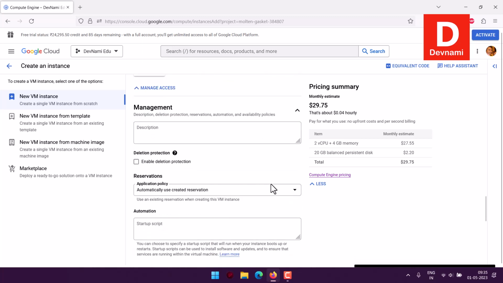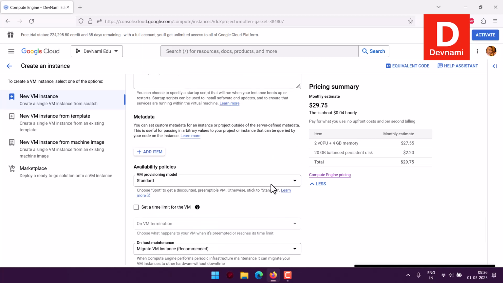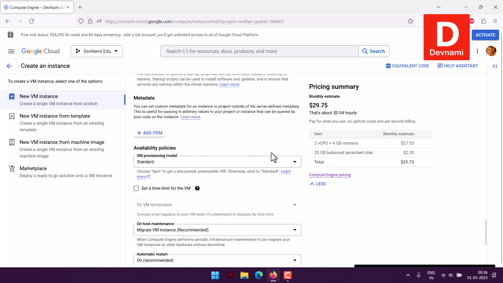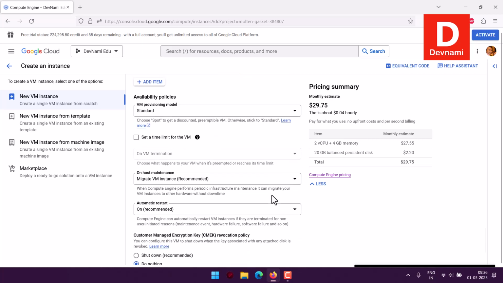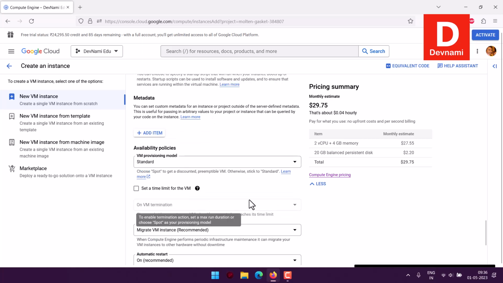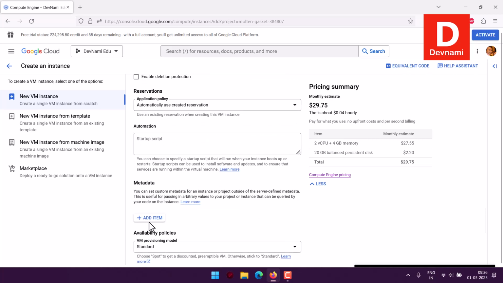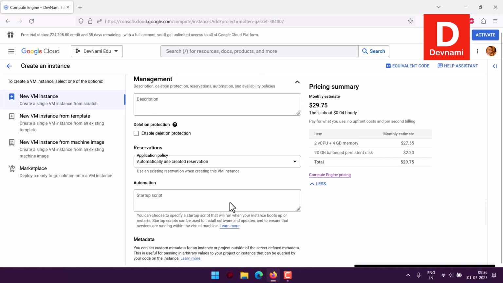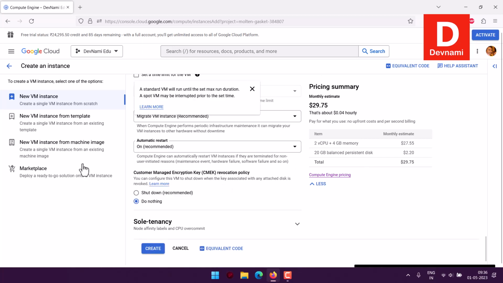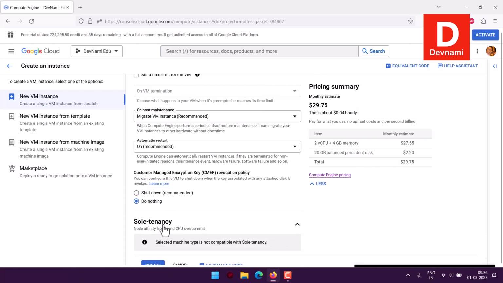Next is the management option. Once you have set the policies that will be enforced on this VM, and also set the metadata like I explained in the case of SSH, the same would apply with metadata as well. You can add that by clicking add item. Once we do all the settings from the management part, we can move to sole tenancy,